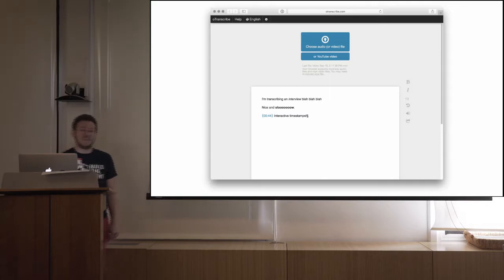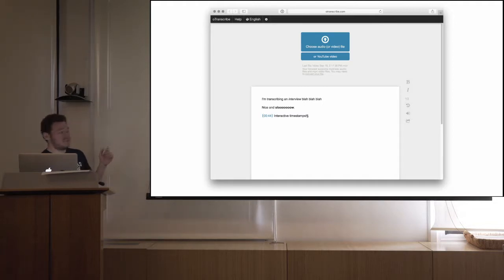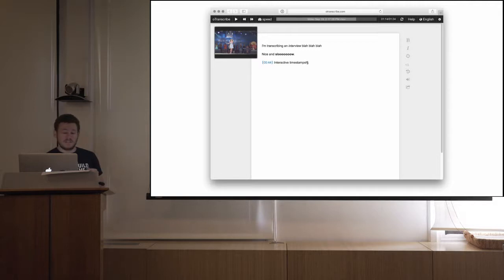So OTranscribe looks like this. It's browser-based software. It's designed to be as simple as possible. You choose an audio file or a video file. It goes into the corner there, and there's a progress bar. It's a combined audio player, media player with a text editor. That's about it, really. There's no complicated technology going on here.